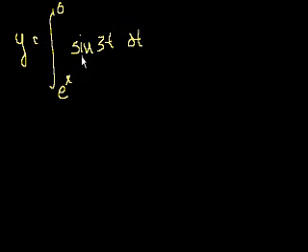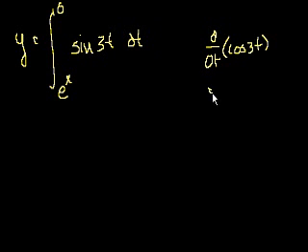This is really, what function's derivative is sine of t? Well, it's cosine. So if you see a 3t here, you ask, what's the derivative of cosine of 3t? d dt of cosine of 3t, you do the chain rule. You take the derivative of the inside, so that's 3, times the derivative of the whole thing. The derivative of cosine of t is minus sine of t. So the derivative of this whole thing would be minus